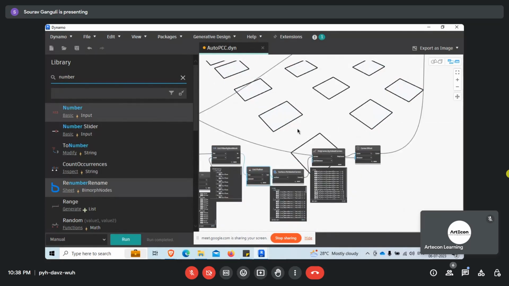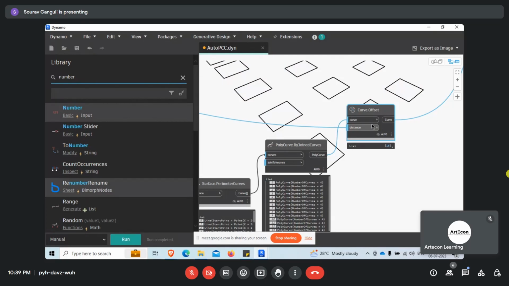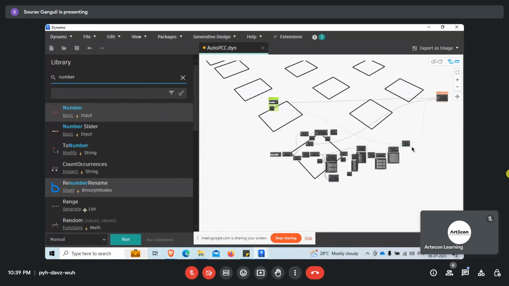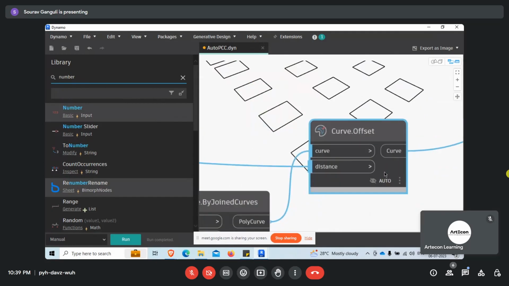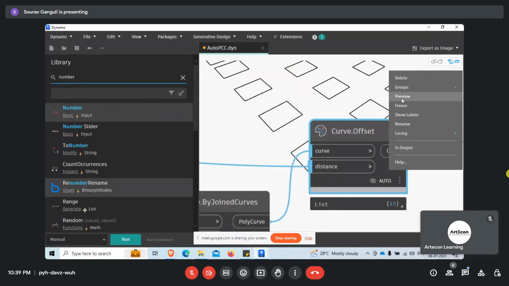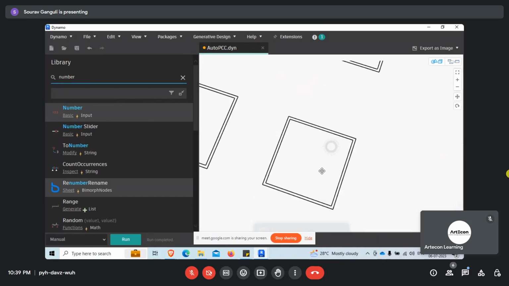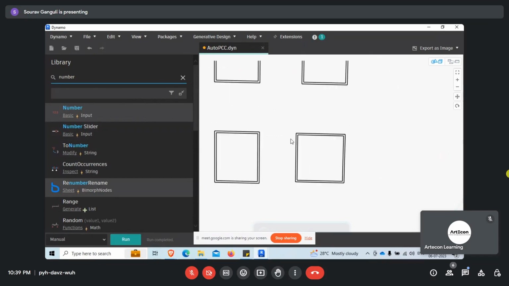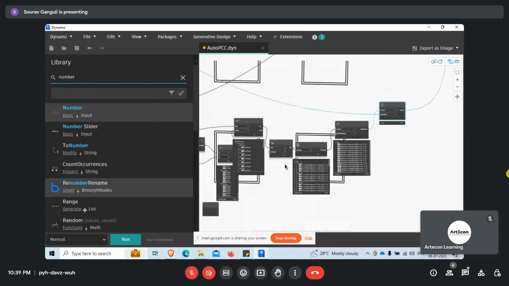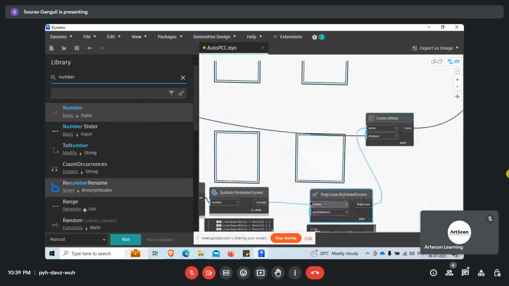So once we have this step, the only thing that is left to do is to offset the curves out. We are going to be using the Curve.Offset node, the input of which we provided at the very start. This simply offsets all of them, joined together on every side. This was the reason we did the PolyCurve before offsetting them, because if we didn't use PolyCurve over here and put the curves in directly, like this,